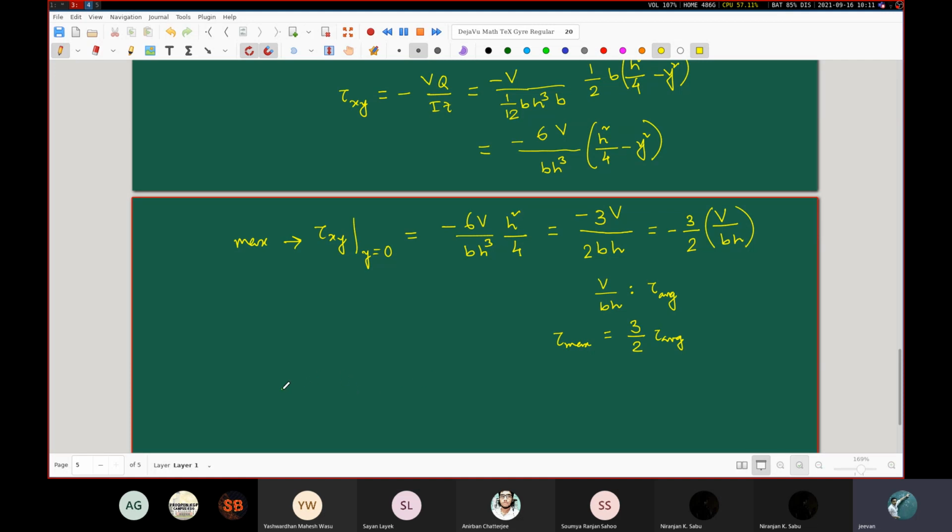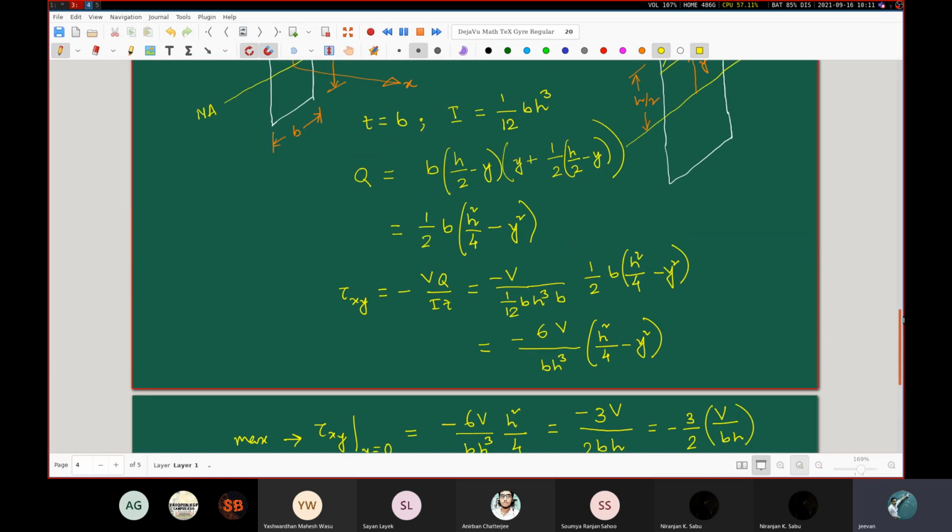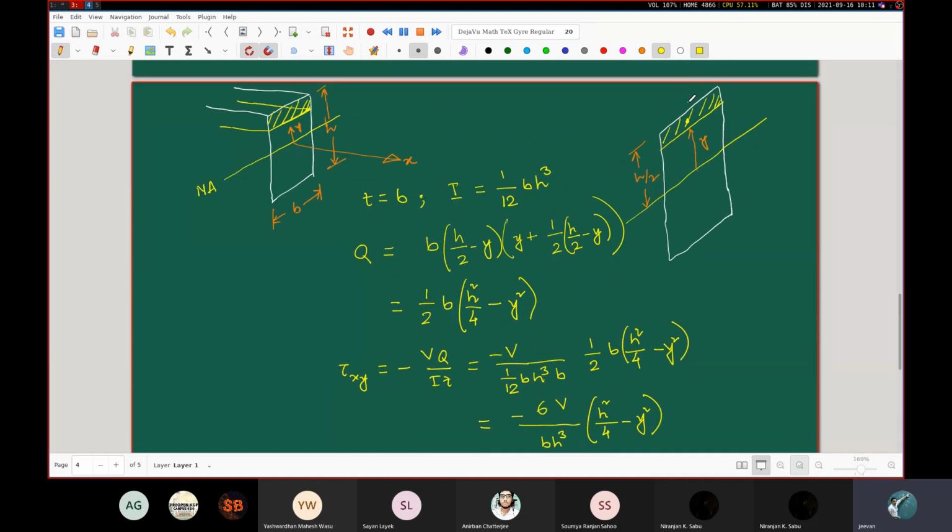Furthermore, the minimum value of the tau xy, that will be occurring at the top and the bottom cross sections, or the top and the bottom edges, is going to be equal to 0. And it makes sense because at the top edge, if we say that the tau xy value is equal to 0, it means that,